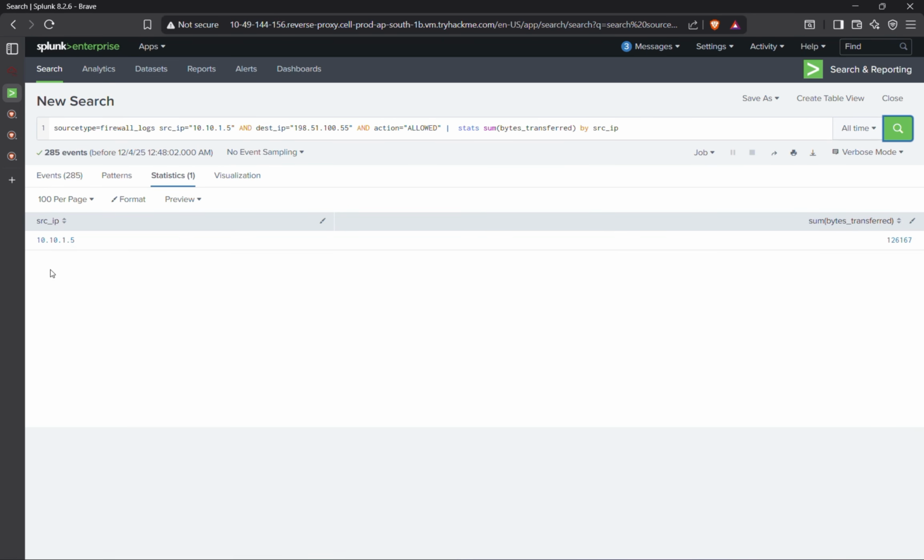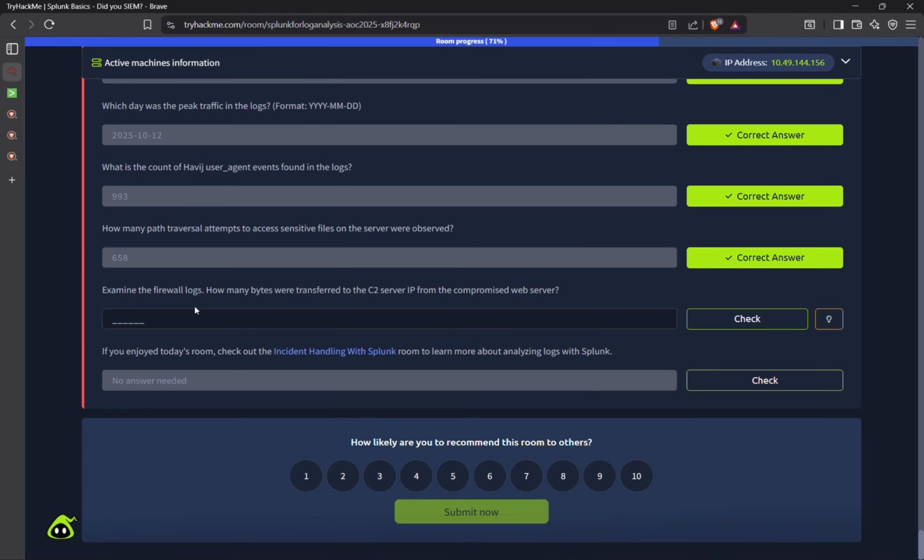Okay, with this we can see how many bytes have been transferred. This is the one I'm thinking is the answer for the last question. So examine the firewall logs, how many bytes were transferred. Yes,